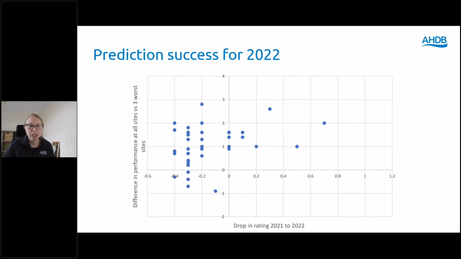And what about the prediction success for 2022 from the 2021 watch list? Well, there wasn't so much to see in 2021, and there were fewer mismatches in performance, with only a handful of varieties dropping in rating. So any possible new races picked up in 2021 for whatever reason didn't seem to cause a problem in the following season. And this just emphasises that what actually happens the following year can't be predicted, but the tool can still be used to help focus monitoring and management.